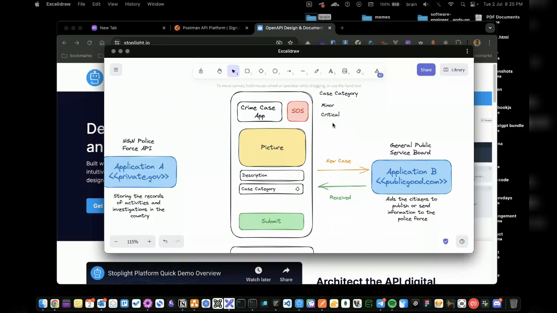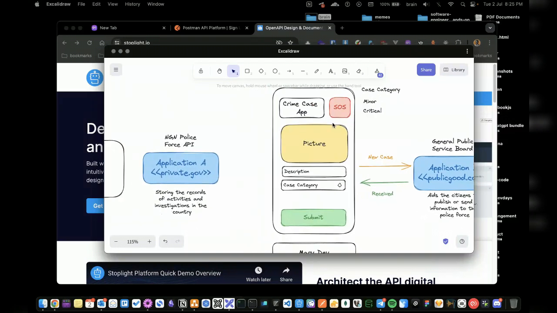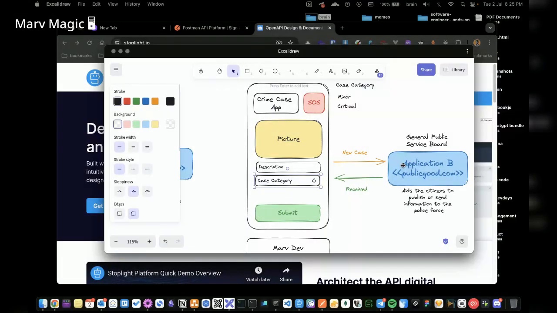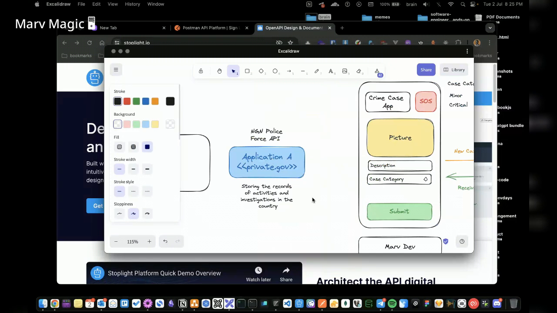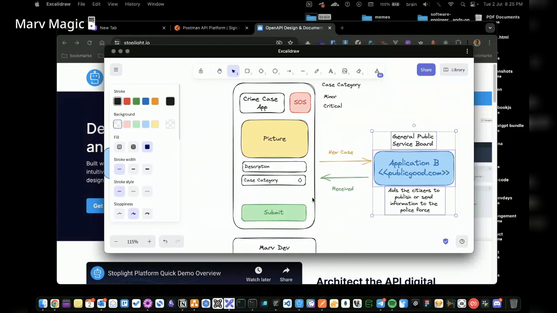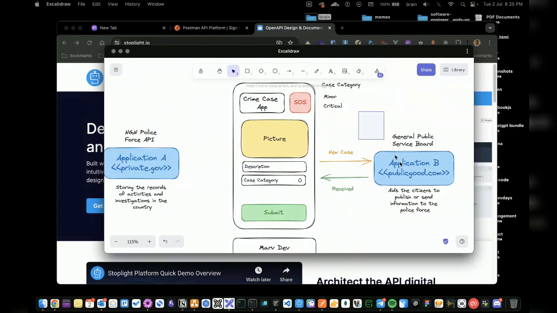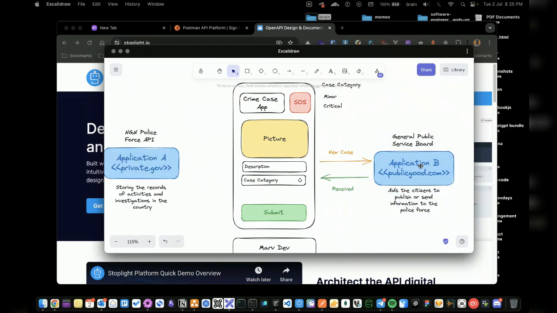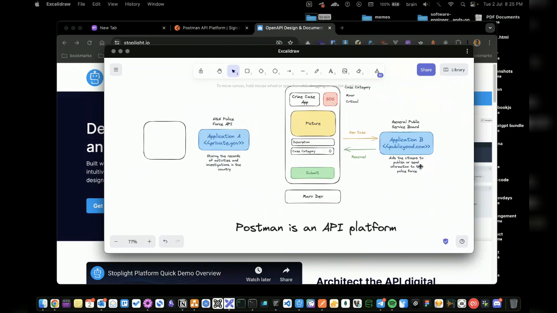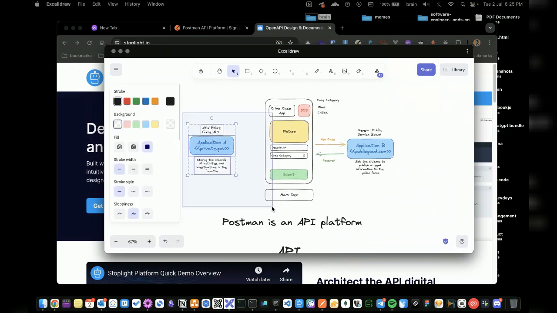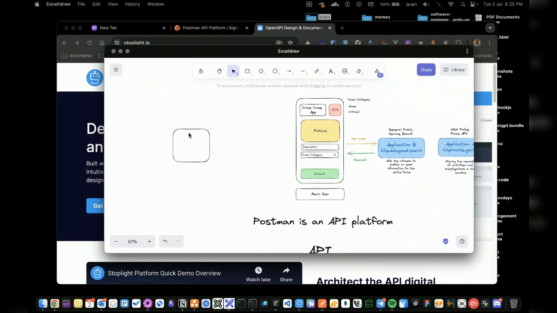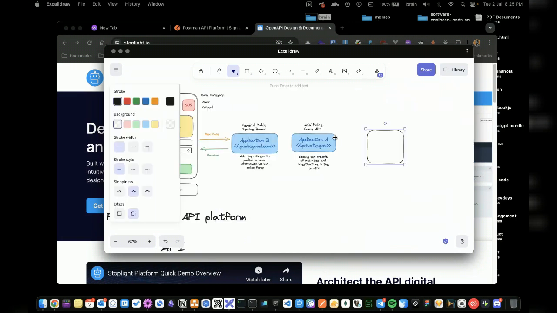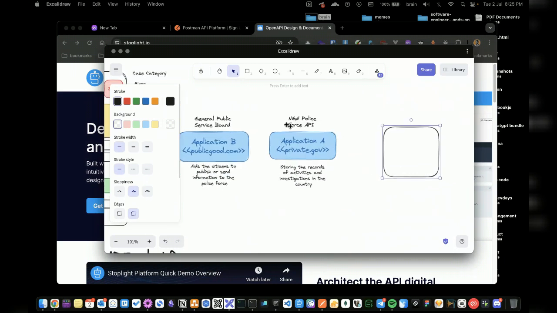Now, when the person selects minor and submits this, it's logged here. These guys have no information about that. But let's say that whenever this case is critical and it gets to the public good page or API, the API will then make another call. This time they're making a call to the police API, because they feel it's something that they should involve the police in, right? I'm sure that makes sense to you because, of course, the case is critical, and it's important that these guys also get that information.